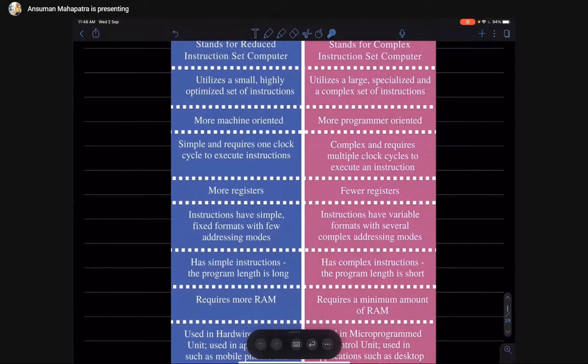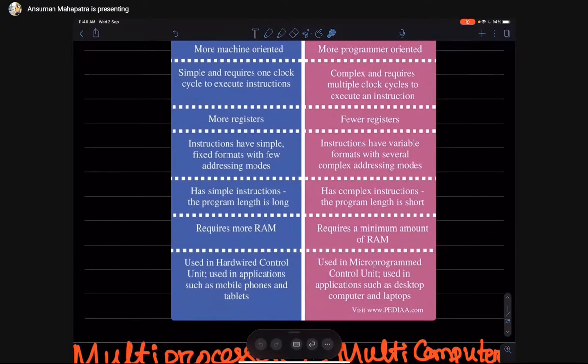In RISC there are more registers, in CISC there are few registers, because in RISC you have to bring everything to the register and execute the instruction, but in the case of CISC you can do operations like direct addition of two operands present in memory. You don't have to bring them to registers and add, you can directly bring them to the ALU and directly store the result to memory.